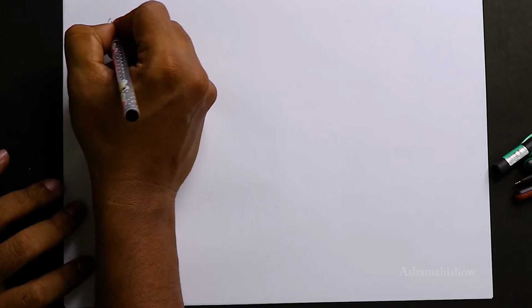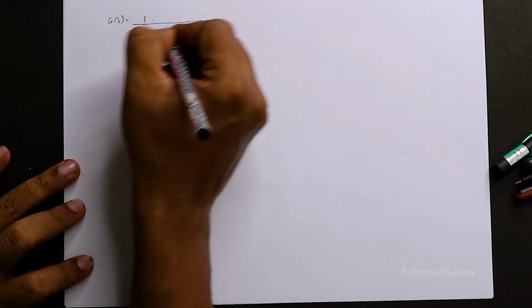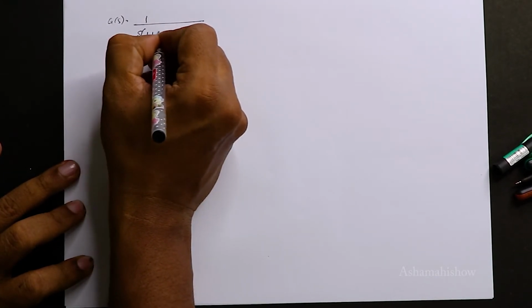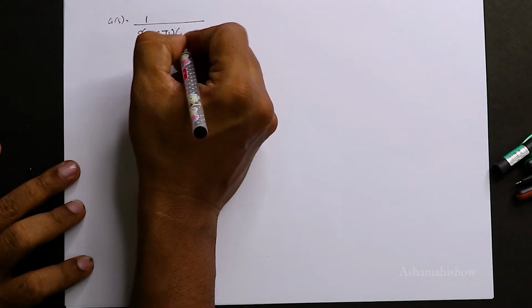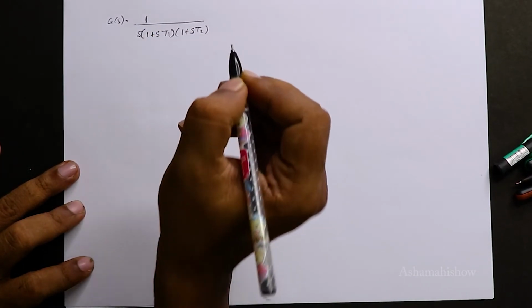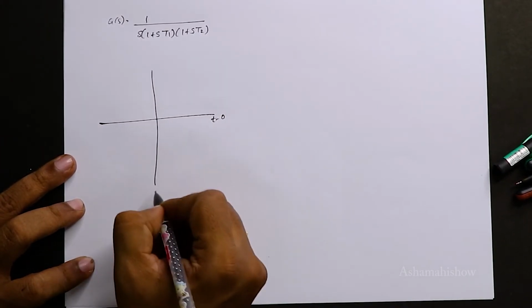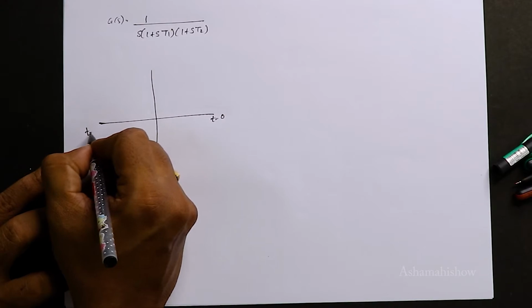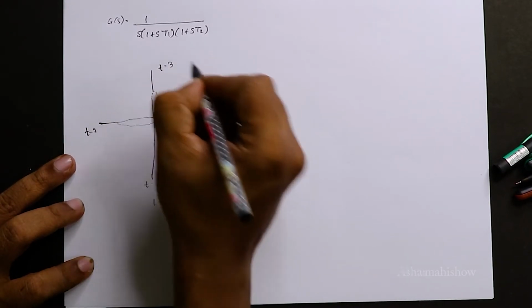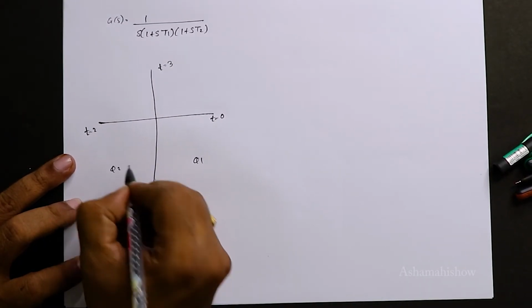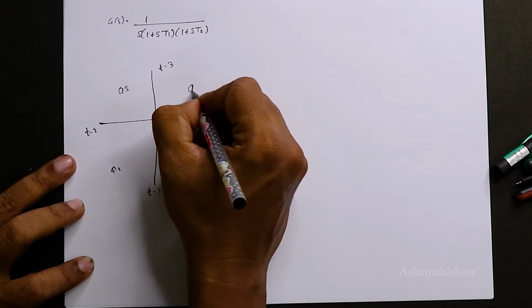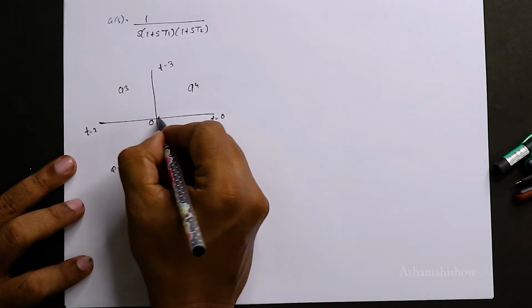Now let us shift to the next one. Okay, so G of s is equal to 1 by s into (1 plus sT1) into (1 plus sT2). Okay, now divide the graph. You just practice it. While you're seeing my video, you just keep on practicing so that you'll get to know and you can just learn directly. Okay, so this is 0.